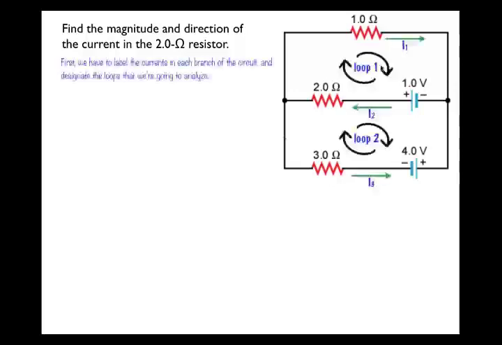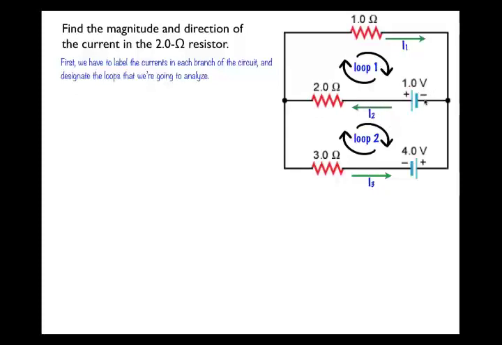Okay, so here's loop 1 around the top part of the circuit, here's loop 2 around the bottom part of the circuit, and I'm going to call the current going through the resistor at the top I1. I'm going to call the current going through this middle portion of the circuit I2. I'm choosing it to go right to left because I'm just guessing that it might go in the direction that